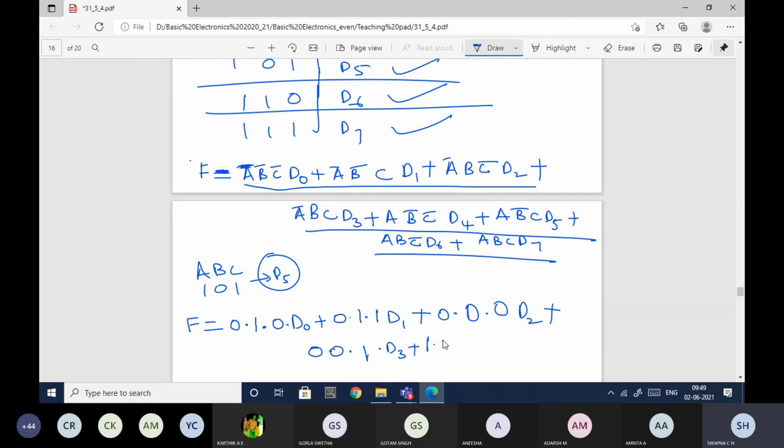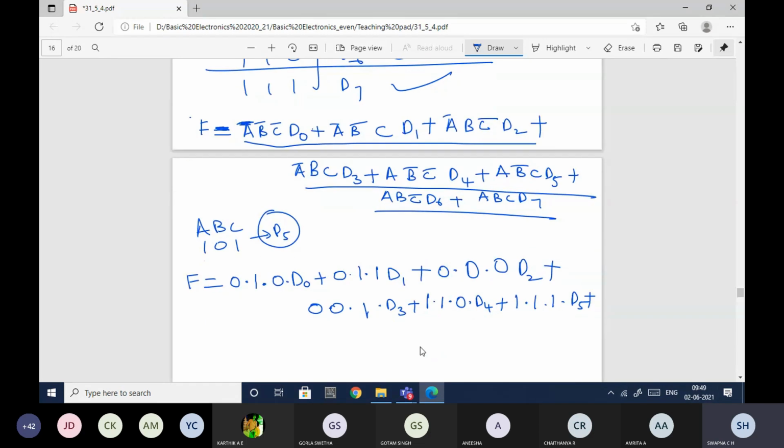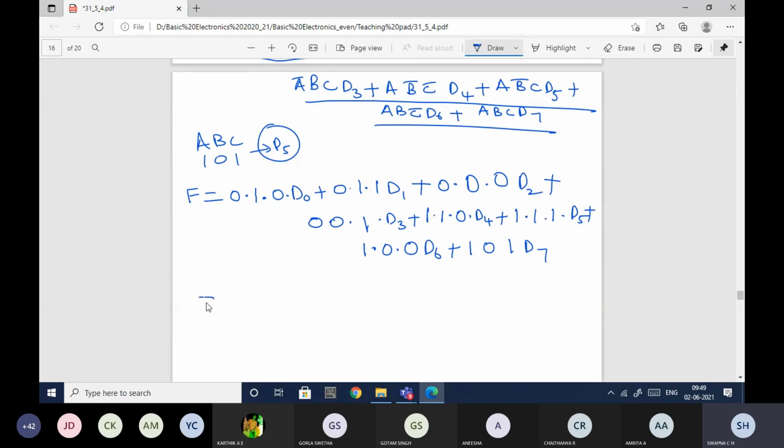B bar 1, C bar 0, D4, plus this one. A is 1, B bar is 1, C is 1, D5, plus A, B, C bar. A is 1, B is 0, C bar is 0, D6, plus A is 1, B is 0, C is 1, D7.